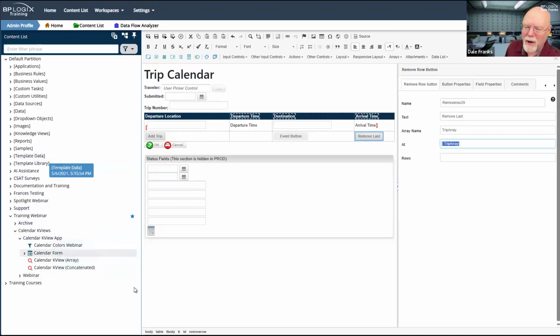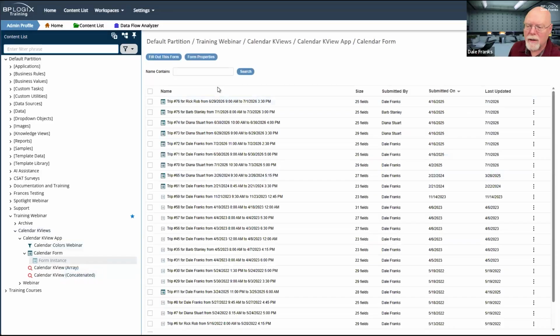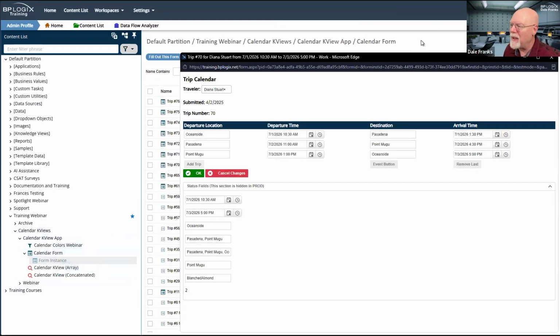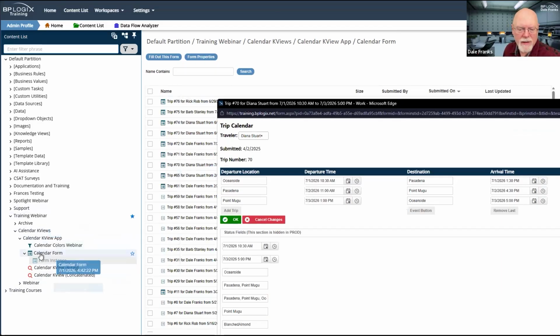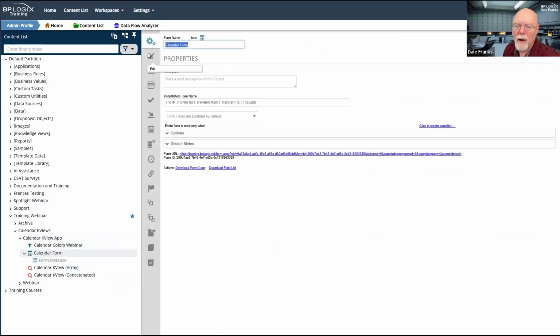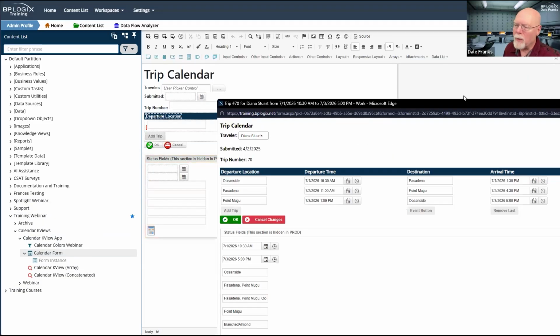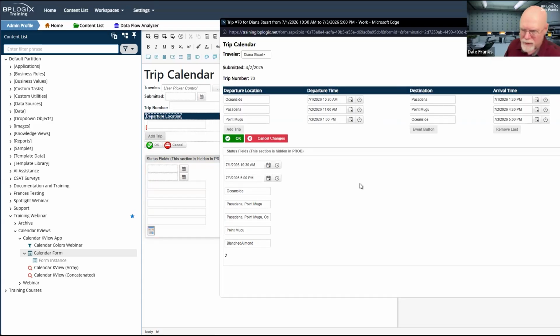And at this point, I'm kind of wishing I could show you 4 things at once. I can't, but what I can do is show you one of the form instances. So let's do this. Let me open up, I believe it is trip 70 for Diana. It is. We're going to use this as our source form. And before we go back and look at the actual fields here, let me just get this slightly out of the way. We'll go back to my form and go back to the design view. And we'll take a look at these form fields and the actual form when it runs as an instance.